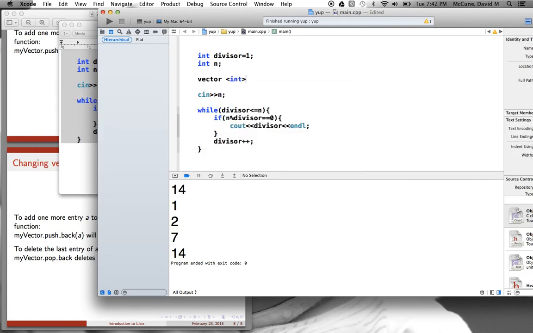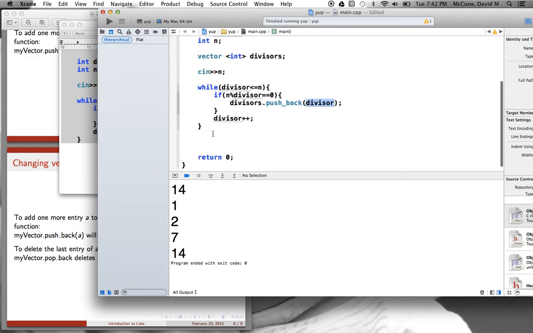So I have a vector of integers, and let's call it divisors or whatever. I'm creating a list of divisors. And now, instead of printing out to the screen, every time I get a hit, I'm just going to push back. I'm just going to throw that value onto the end of my vector. So I'm going to start by getting a hit at 1, right? 1 divides everything. So 1 is going to get put in my list. And then if I enter a 14 here, then 2 will be thrown into the list, and 7, and so on, right? So this while loop just creates the list,